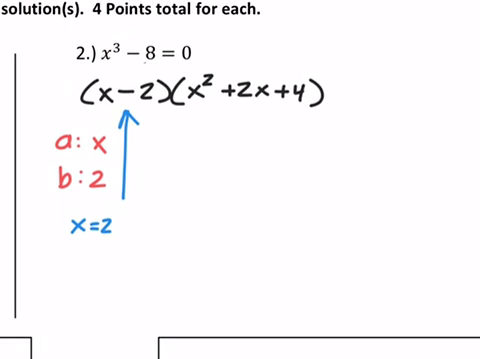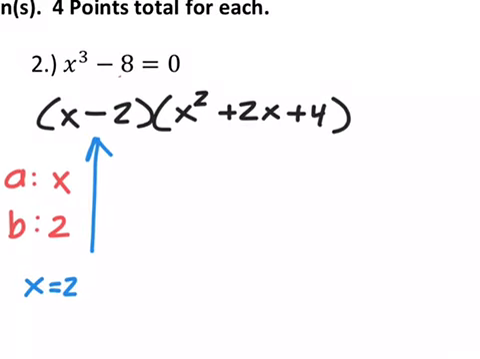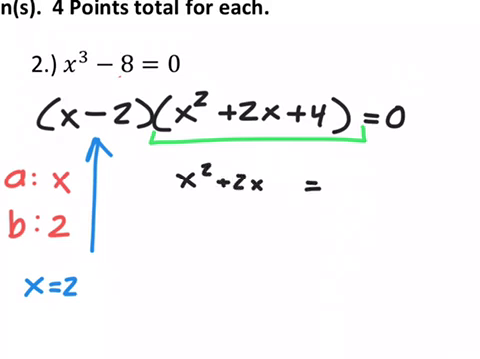Now, anytime we do the sum and difference of cubes, this piece here will always be imaginary. You can use quadratic formula on it. I'm going to complete the square, however, because that's going to be a little quicker and easier, in my opinion. And I'm going to go ahead and subtract that 4 from both sides. Now, bringing this in here,